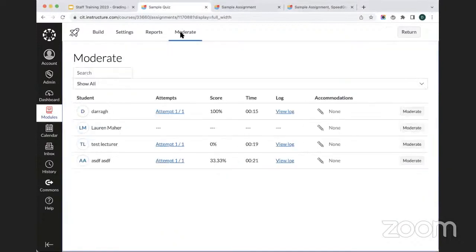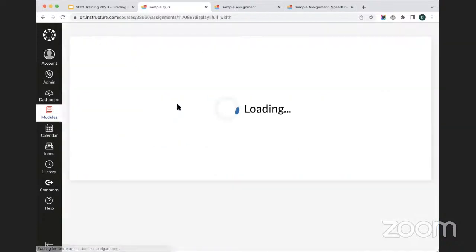Now, the difference with quizzes is that if a quiz is comprised entirely of questions that are automatically answered and calculated, so if the quiz is all multiple choice questions or true false questions or anything like that, then the score will be calculated automatically. But it might often be the case in a quiz that